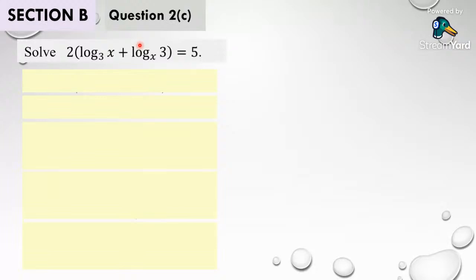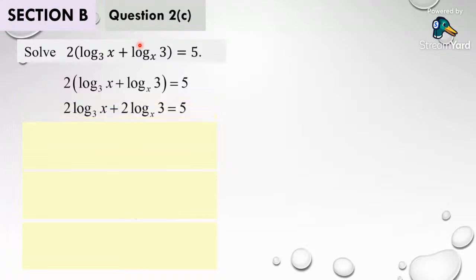And does it involve a base number with an unknown? If it involves a base number with an unknown, then we highly suspect that this is a case where we can go for a quadratic. Anyway, start with the equation that we have. If different base numbers, we begin with changing base usually. But in here, I would like to expand the 2 first. Then I would like to change the base.